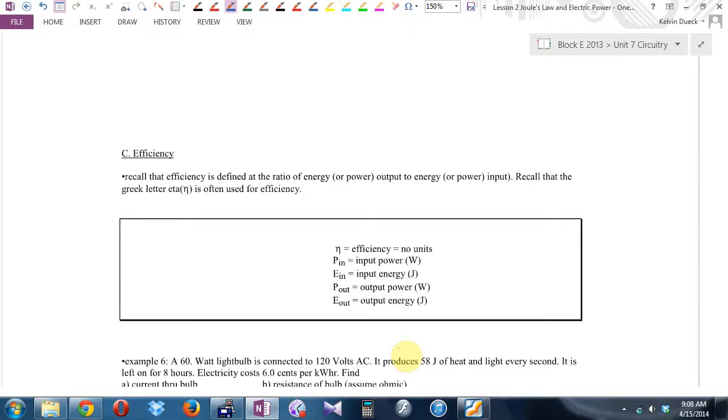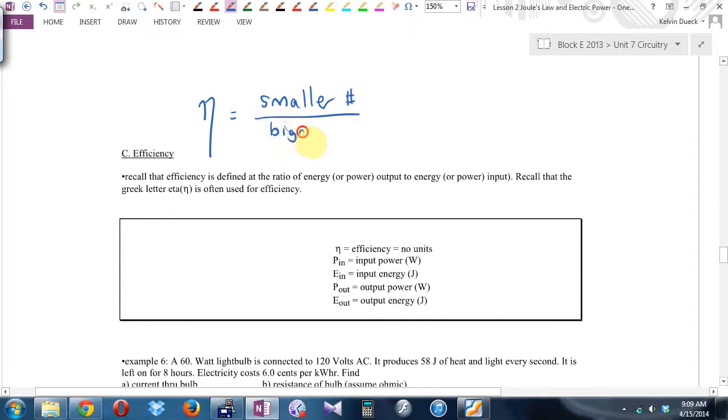Efficiency. Recall, efficiency was power out divided by power in, or work out divided by work in, or energy out divided by, you know what? Here's what I said. Efficiency, sorry, that's too small for you guys to see this symbol. That's not the official equation, but I know in our universe, Tanisha, we can't have more than 100% efficient. So if you are getting more than 100% efficient, I'm sorry, you haven't won the Nobel Prize. You've done the physics wrong. Okay? Oh, and then times 100%, and make sure